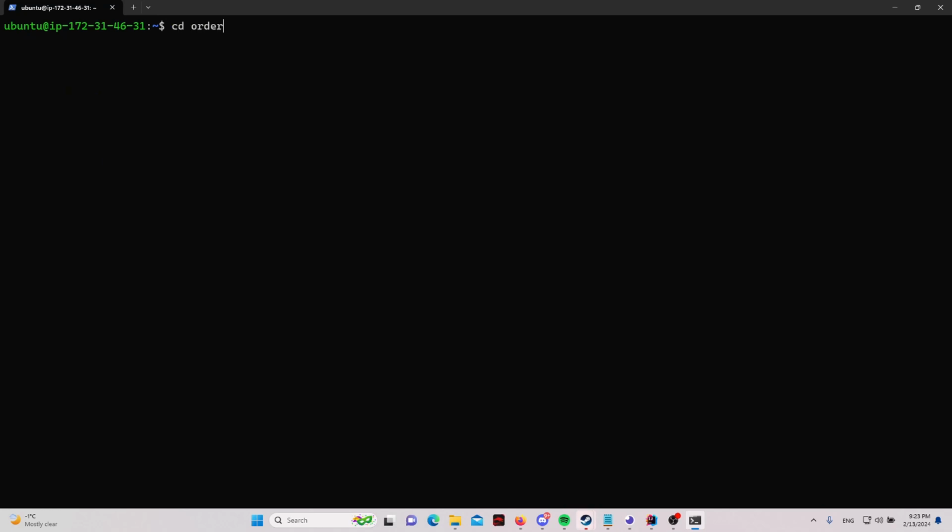So now we can go into order service, or actually, we need to set up Postgres. So now the next few steps will be specific to setting up Postgres. So if you're using a different database service, then you'll have to figure out whatever steps you need to do. But for Postgres at least,